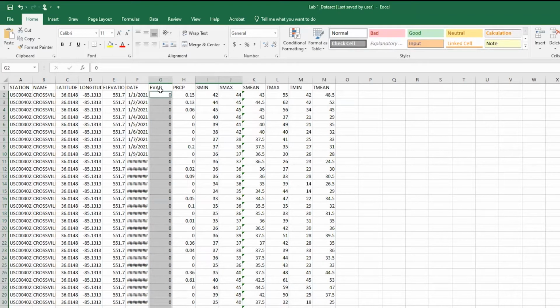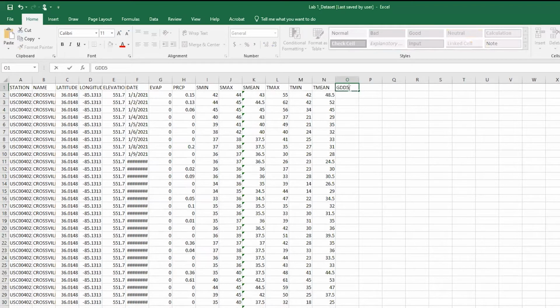All right, now that we have that, what we're mainly looking for is growing degree day. So we're going to label this column growing degree day 50. And this is a simple formula. Remember that our formula is the temperature max plus the temperature minimum divided by 2, which gives us our T mean, minus 50. So this is equals,